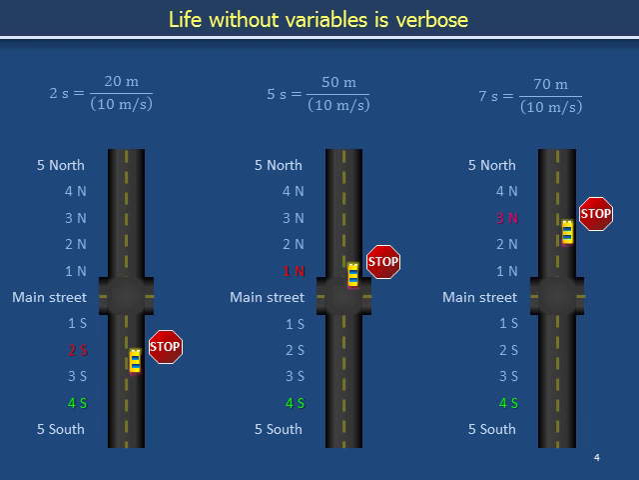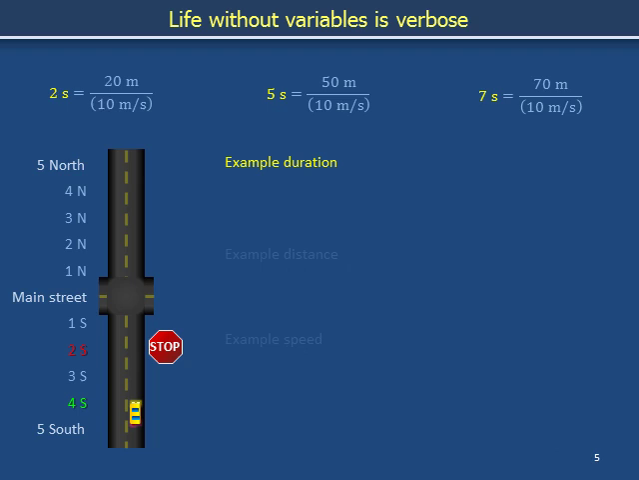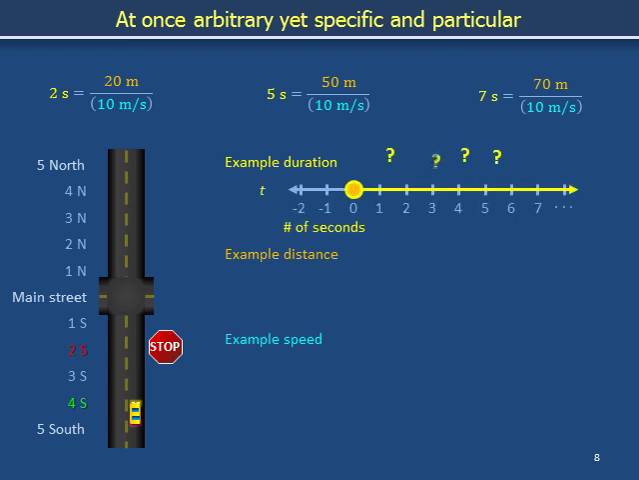It is tiresome and redundant to illustrate this relationship by repeatedly calculating particular examples of duration, corresponding to particular examples of distance, divided by particular examples of speed. The following discussion shows how we can use variables to more compactly represent the relationship between travel duration and distance in this example. Let t be a specific and particular value drawn arbitrarily from non-negative numbers representing the number of